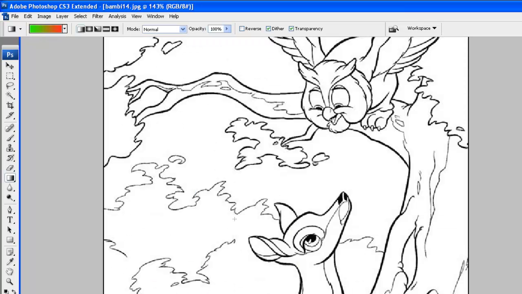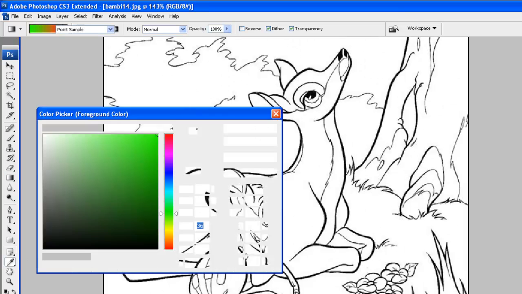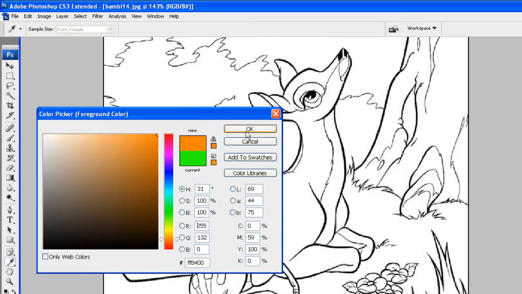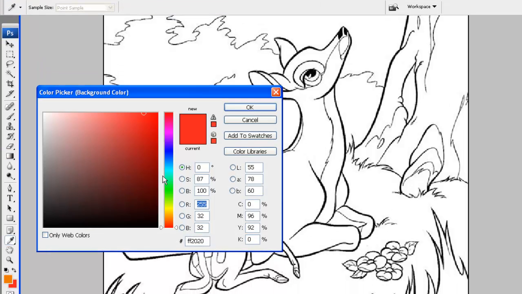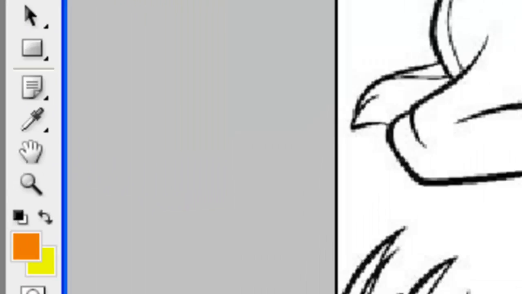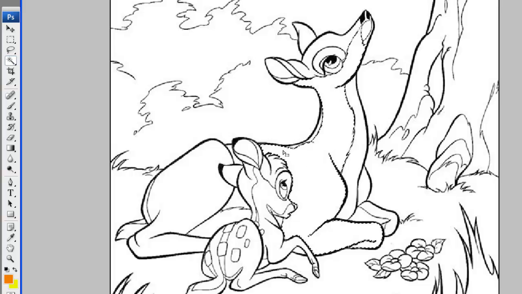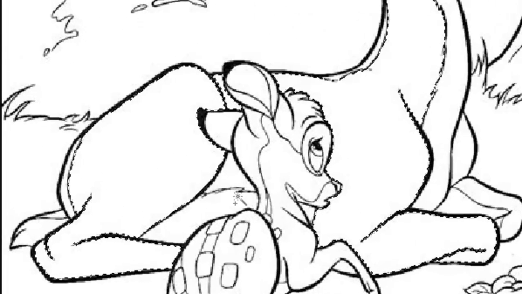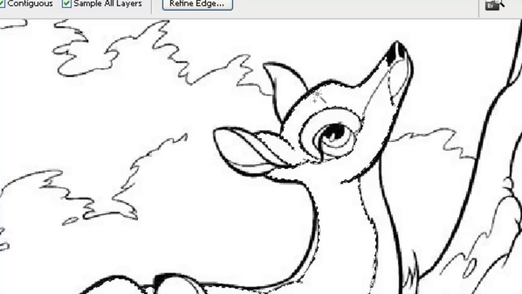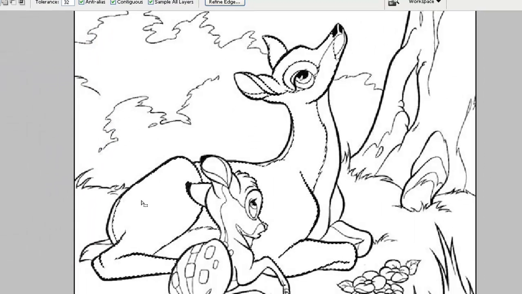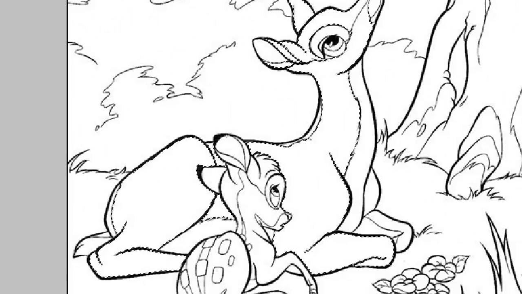So I'm going to return to Bambi, and I'm going to get a nice brown as the foreground color, and I'll switch to yellow as the background color. First we need to use the magic wand. We need to create a selection, and I'm going to hold shift so I can select multiple areas. Okay, and now I'm going to return to the gradient tool, and you can press G to pull up the gradient tool. And I'm going to click and drag,